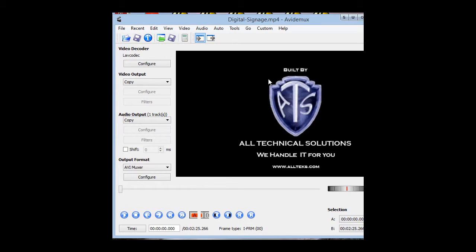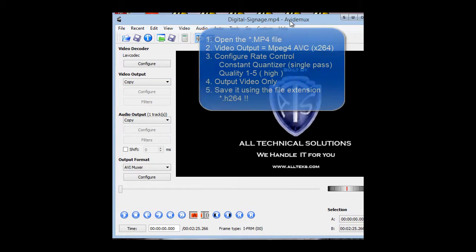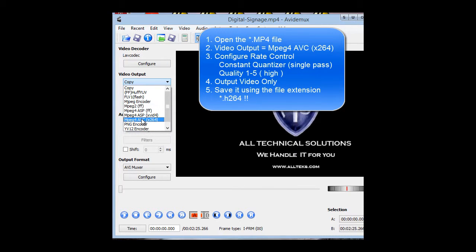Now, once that slideshow is opened in the program AVI Demux, you're going to first change the video output to MPEG-4 x264, then